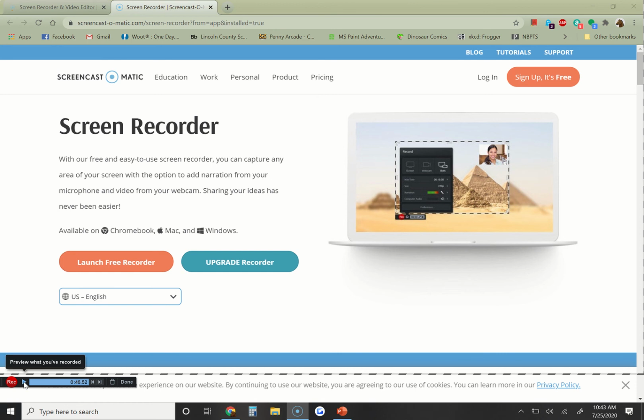So you hit preview. So you notice again, I've got that highlighter around the cursor, which again, I really think is a nice choice here. So you can seek forward, all that kind of stuff. So then you'll hit done,